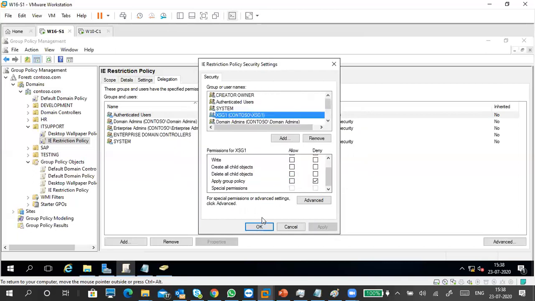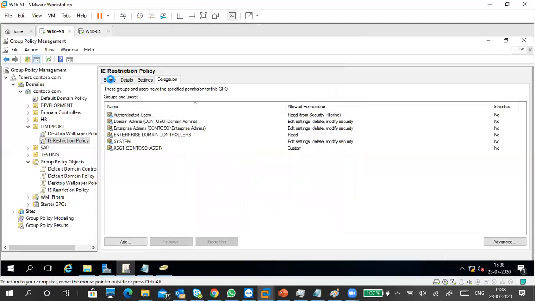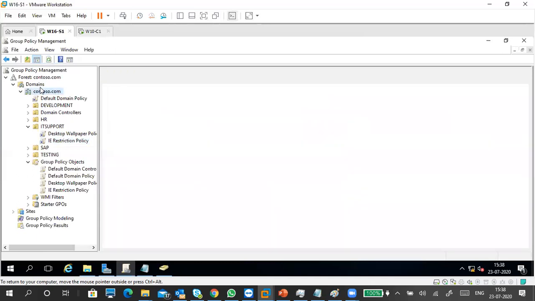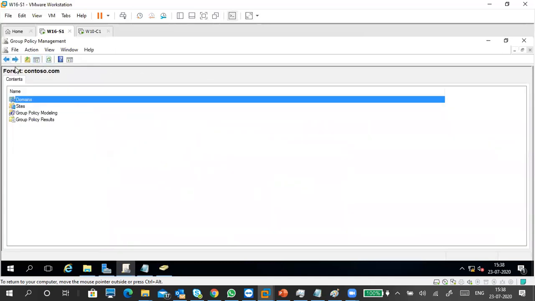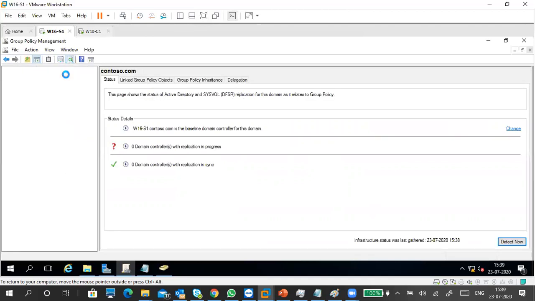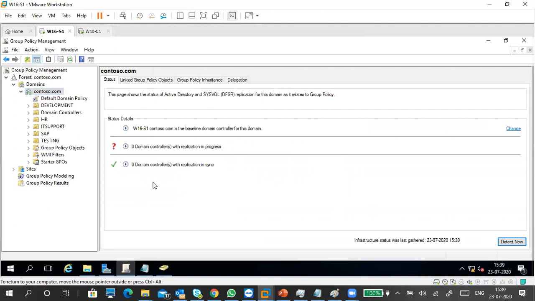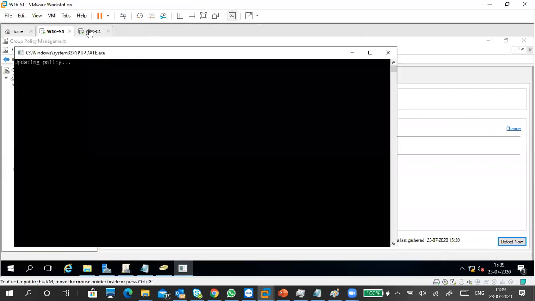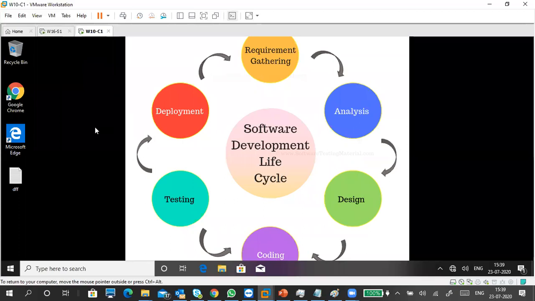Apply. Okay. Here I no need to specify any other users. It is everybody who is able to authenticate. Just refresh. Otherwise, click here and refresh. Okay, so it will happen. I press this button. Also we should do gpupdate, right? So I'm updating the policy in my server, and here also I'm updating the policy.